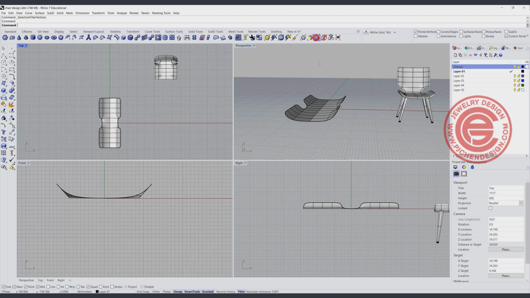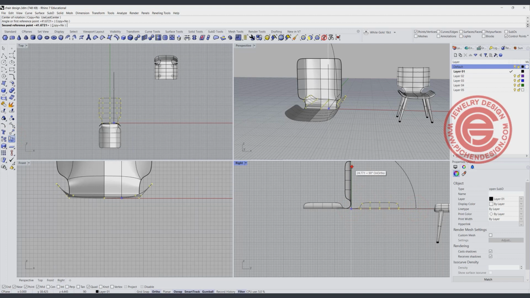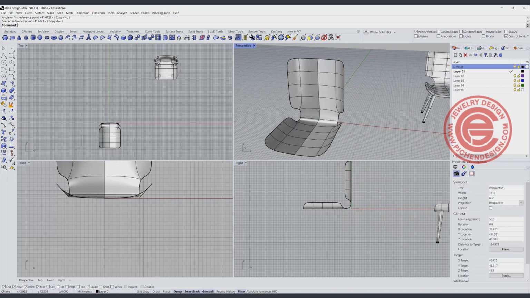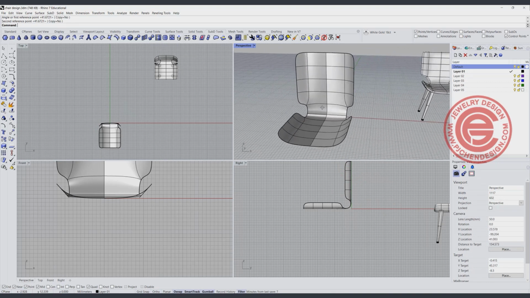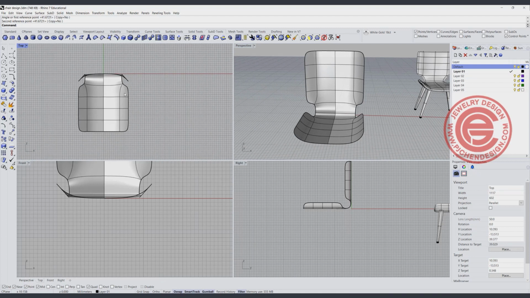I'm going to pick up all the points from here and up, and use the rotate tool to rotate them from this point going up 90 degrees like this, and then we'll get this shape. If the shape works for you, you no longer need to change anything, or you can alter it. For example, now that I'm looking at it, maybe the shape